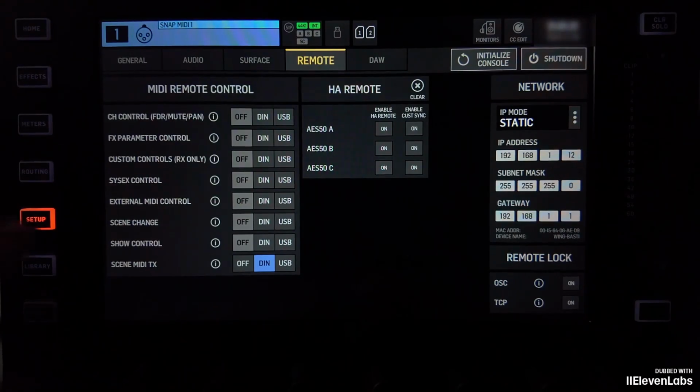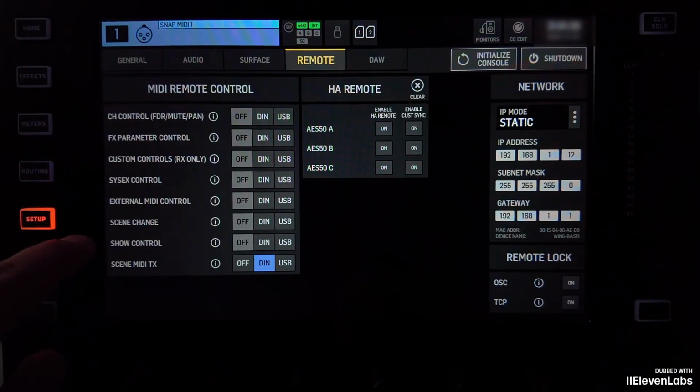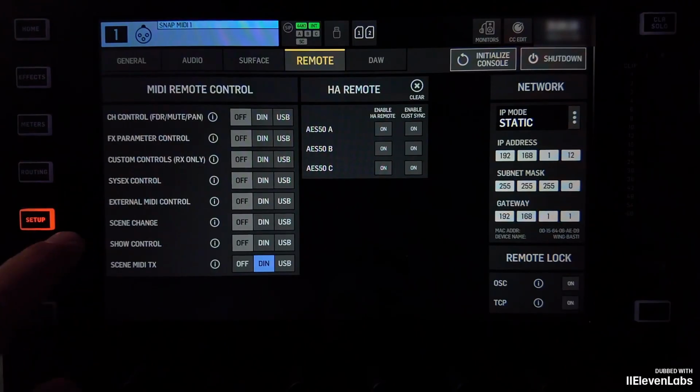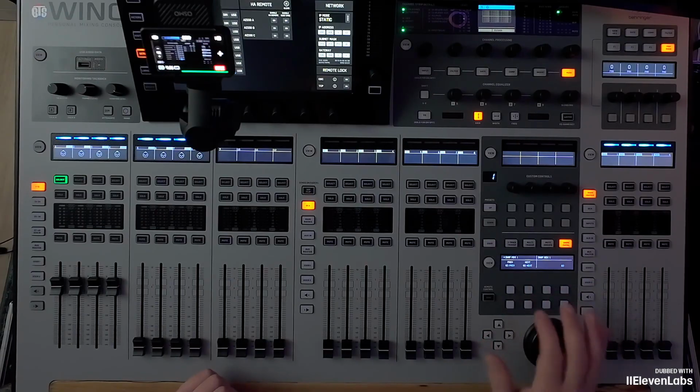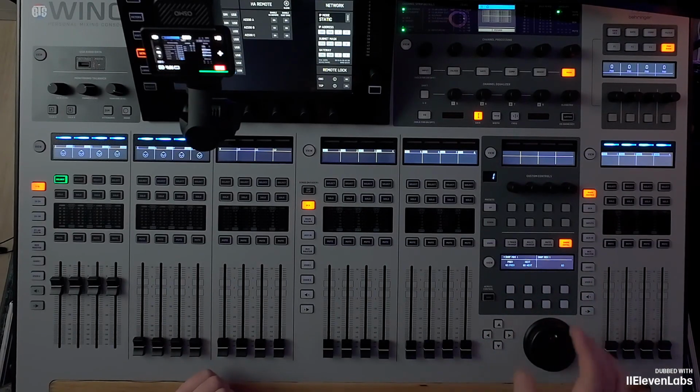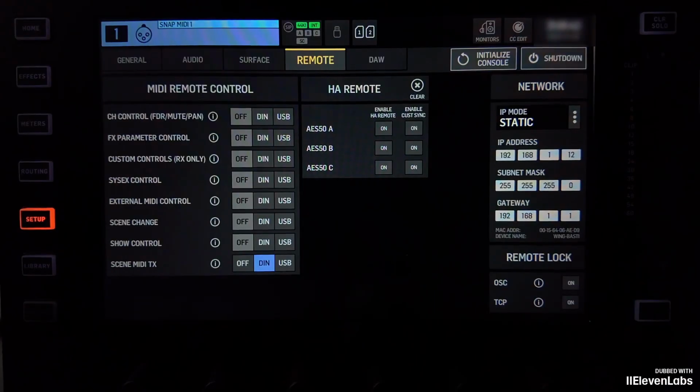When you press Setup here, you'll see various options. There's Show Control and there's Scene Change. Show Control is used to execute the commands built into Show Control here, like next, go, previous, go. If you want to load scenes directly, such as snaps, in this case our scenes are snaps, or there are other scenes like clips, because they get a number, then you use Scene Change here.